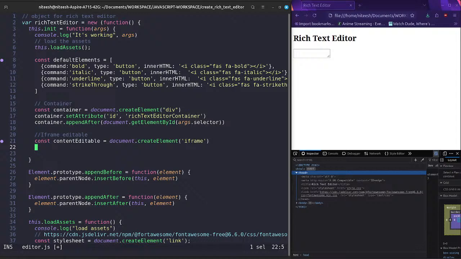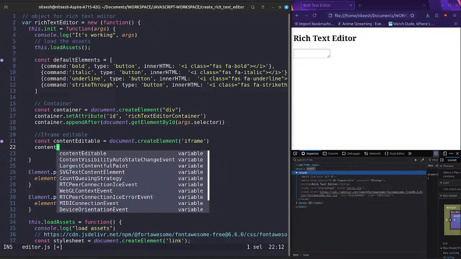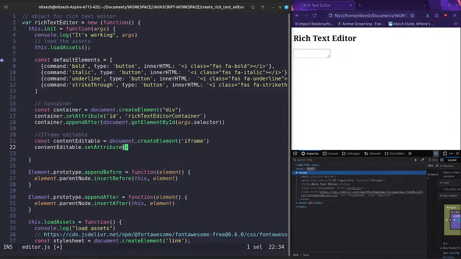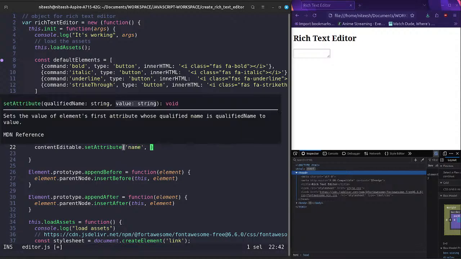So let's set some attributes and provide the value to it, and the first attribute is the name, and it will be content editable dot set attribute, and the key is name, and the value is rich text editor field. Okay,